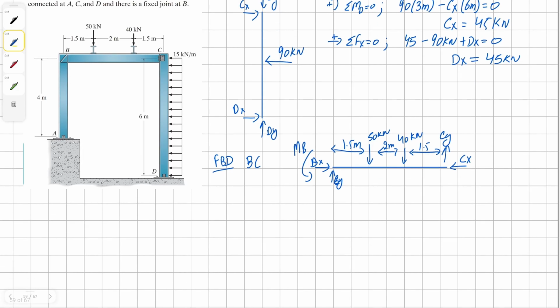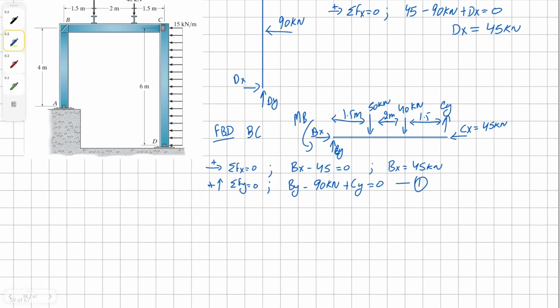Alright, so now that we are here, we can start solving for member BC. Another solution, and then we can sum the forces in y direction, and we're going to have positive By, negative 40 and negative 50, which is 90 kilonewton, and then we have positive Cy equals to 0. We have to hold this equation right here for now, so we're going to name it equation 1, and then